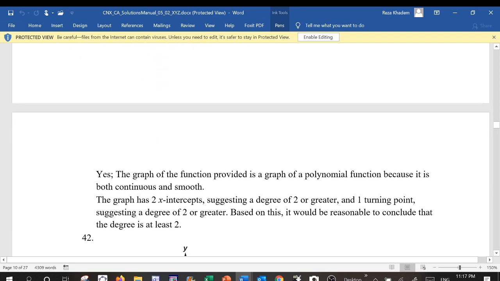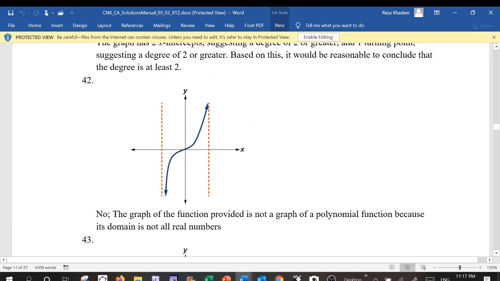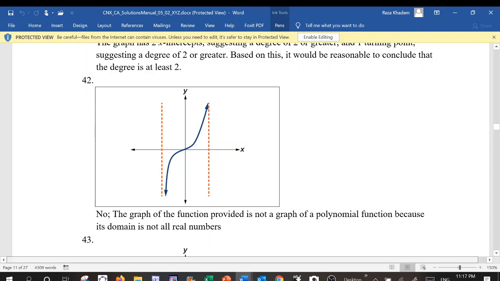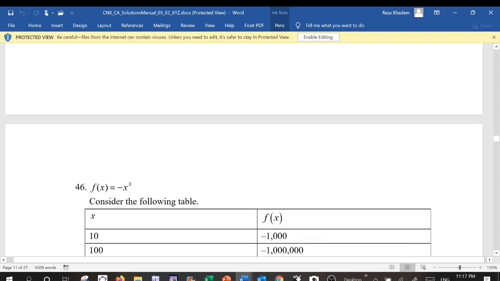And what about this one? No, because this one has a vertical line here that is not crossing over here too. So there's a limitation on the domain on this one. So it's not a polynomial. And the last one I want to do is, let's do one with,